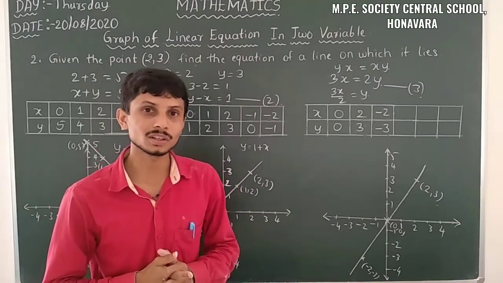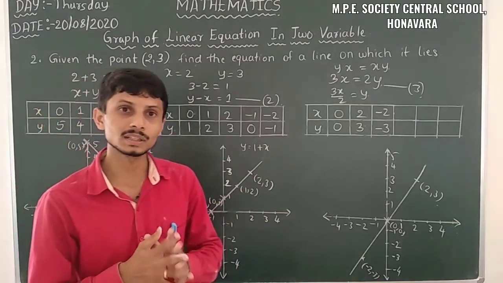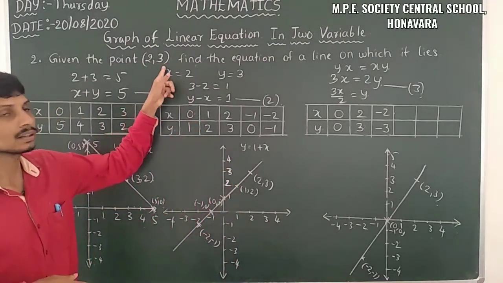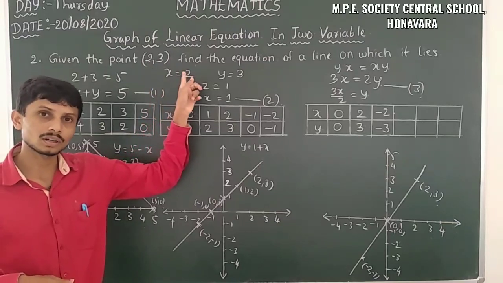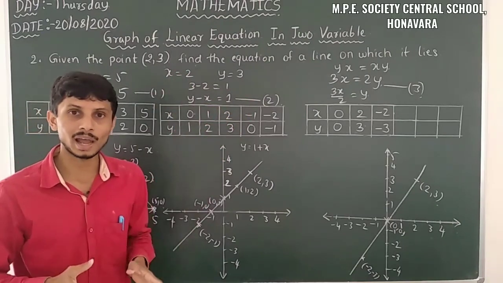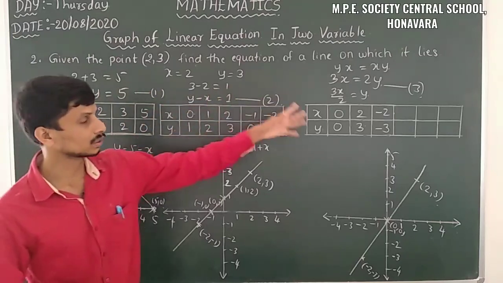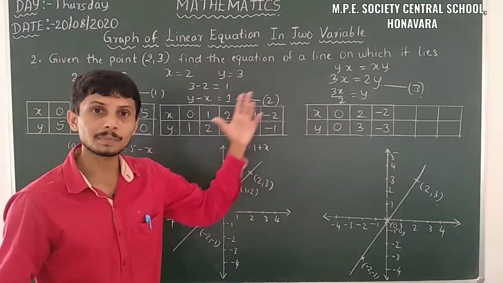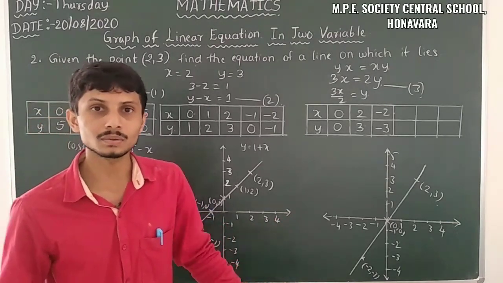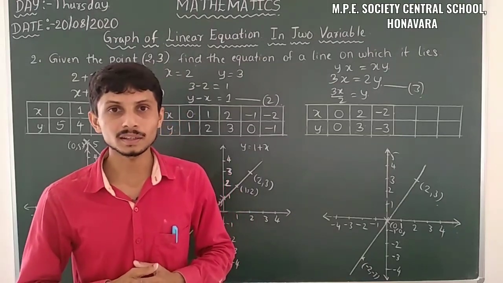So I hope you enjoyed this type of problem. In the previous problem only the linear equation in two variables was given, and here only the points are given. That means here only the coordinate system is given, so we have the x coordinate and y coordinate. From those coordinates we have to make our equation, the possibility of that equation. After that we have to draw the graphical representation of the linear equation in two variables. So I conclude this part here.